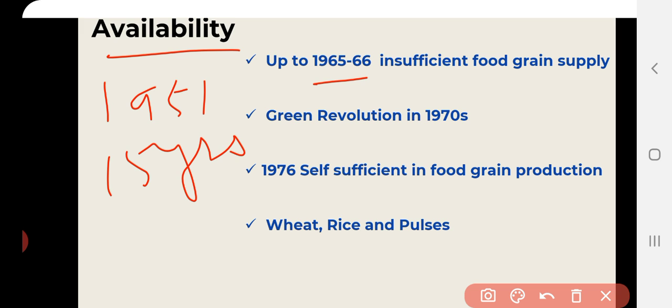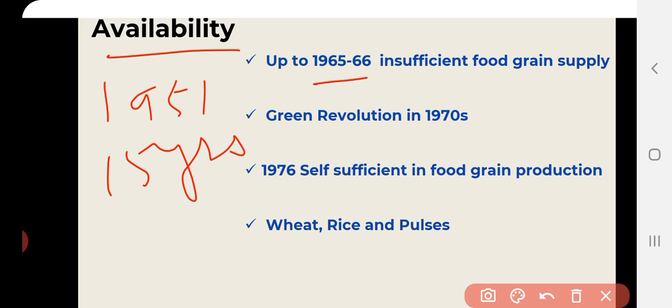India was not self-sufficient as far as the production of food grains was concerned. We used to import food grains from other countries in order to meet the food requirement of our population. We were dependent on other countries for the supply of food grains and to meet the basic needs of our